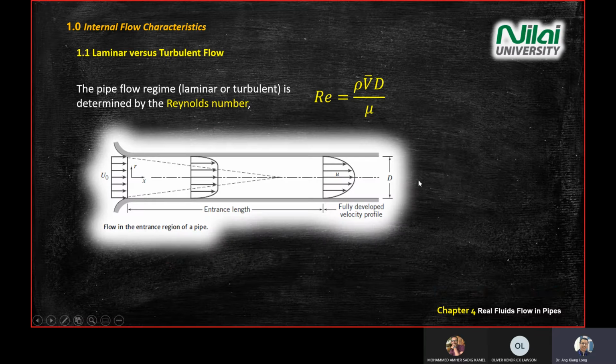Just to give you a hint, if you look at the photo on the screen here, we have a pipe with an entrance and an outlet. At the entrance, you are given a symbol of arrows of equal length. It means that you're having a uniform flow. This well-distributed arrow means that you're having a uniform flow coming in from the left into the right,